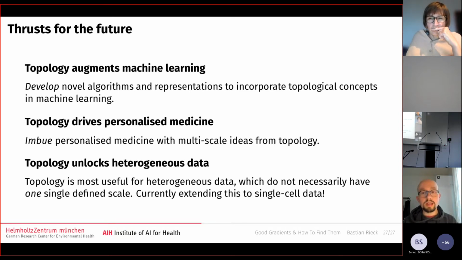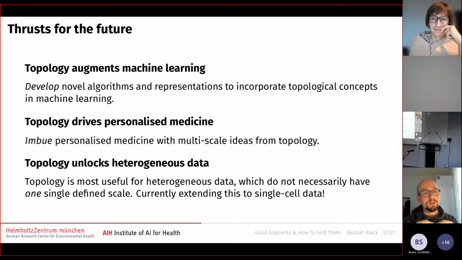These are novel algorithms that incorporate some topological concepts in machine learning, and the autoencoder, for instance, is a very nice idea of this, but there's also a bunch of other ideas around to make this work a little bit better. But what this really should go towards, and this is what I'm now working on at the AIH, where we're hopefully ramping up the research group soon,